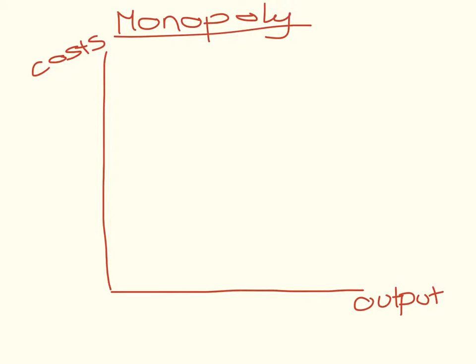the firm is the industry. So with most industries, we know they face a downward sloping demand curve. A bit wonky, that one. But this will be the demand curve faced by the firm because they are the individual, they are the market. Unlike with perfect competition, where they were just a small element of the market, so they had a perfectly elastic demand curve. The monopoly has a downward sloping demand curve, and this means that